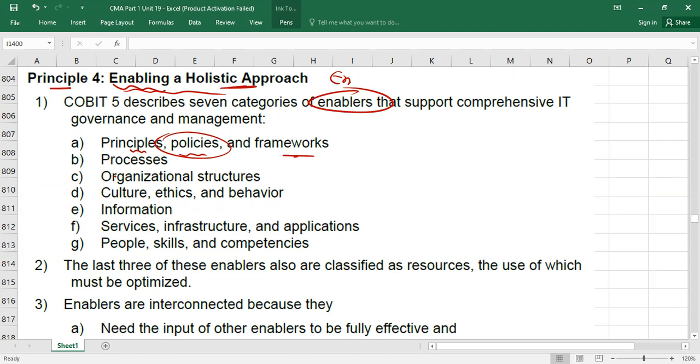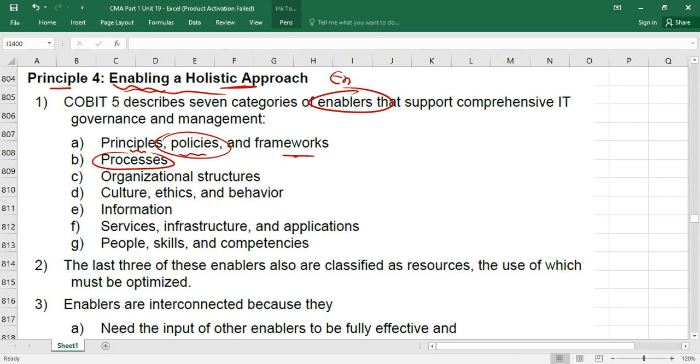Number 2, you need to define the processes. For example, if you have a sale process, or a purchase process, or a payment process, you have to define that. Process means step by step how this activity will be completed. Who will do what? For example, if I'm making a payment, who will issue the payment voucher, who will approve the payment voucher, who will issue the check? So processes need to be defined.